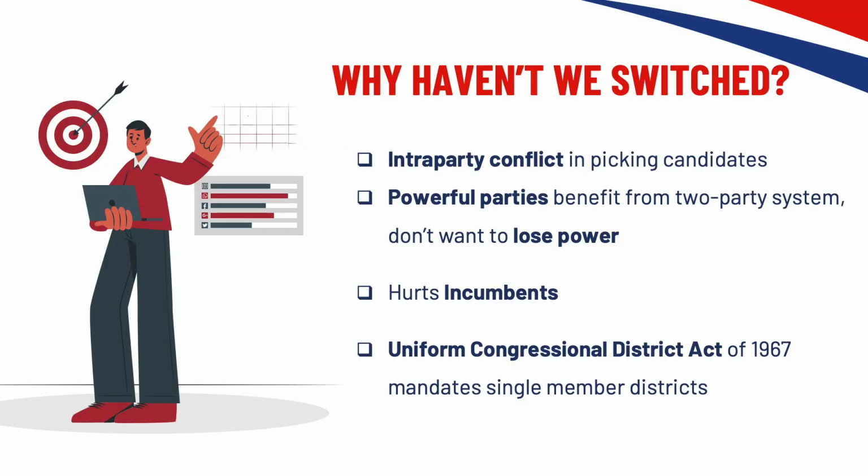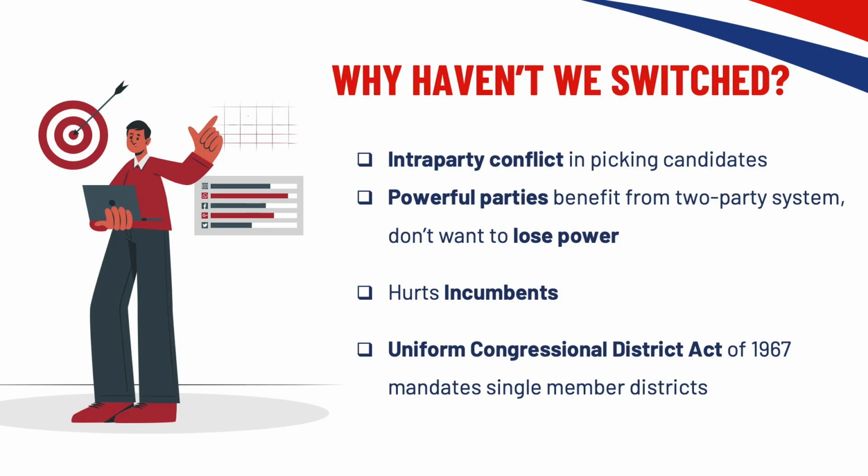The powerful parties currently in power don't benefit from this system because it's easier for them to lose power, and hence they don't want to make this switch. It hurts incumbents because there's more accountability and it's easier for them to get removed. And there was the Uniform Congressional District Act of 1967, which mandates single-member districts, which is why we haven't switched yet. But